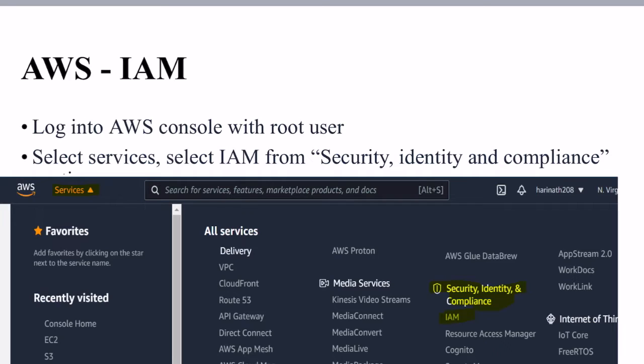Today we are going to learn about IAM service in AWS. IAM stands for Identity Access Management. Identity Access Management service will help us to create the user and assign the roles for the user in the AWS. So before we go further about IAM, first we need to know how to log in